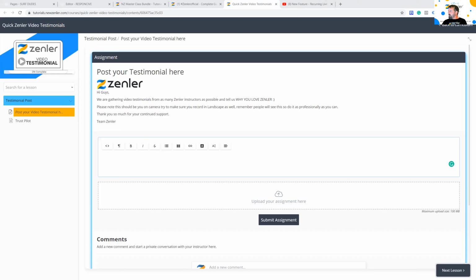ConvertKit is already integrated. I can't figure out how to use their forms within Zenler. So if it's a ConvertKit issue, as I mentioned before, we can't support other platforms and what they're doing, but you definitely need to reach out to ConvertKit if things aren't going as suggested. But Dance Brave Official, let me check into that a little bit more. It wouldn't hurt to do maybe a few tutorials on ConvertKit. So Dance Brave Official has put a ticket into support. Okay, so you'll hear back from them.